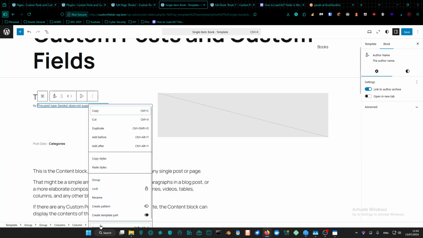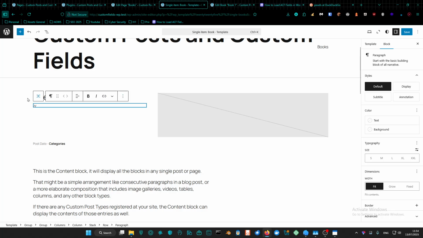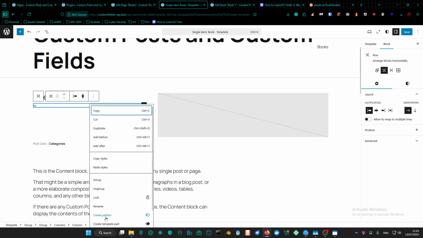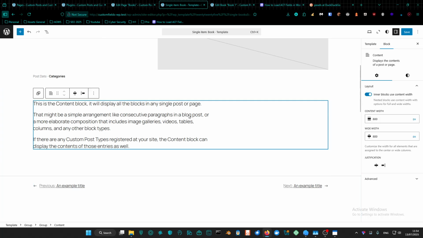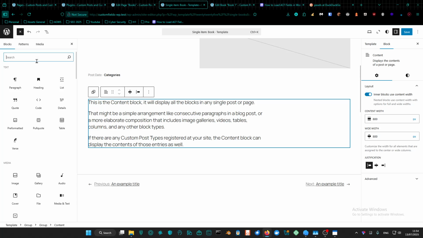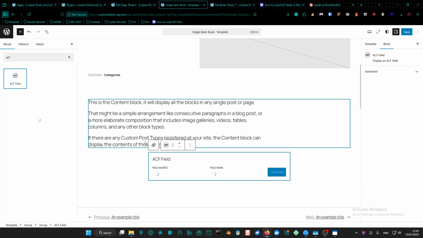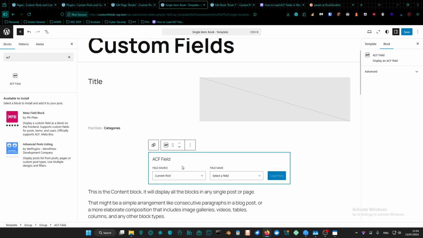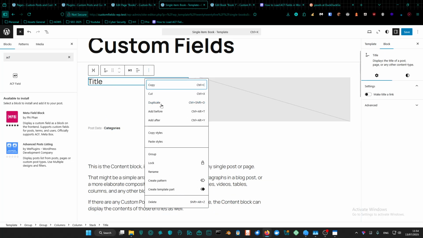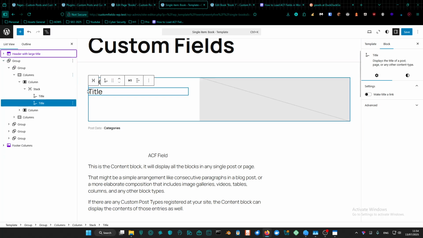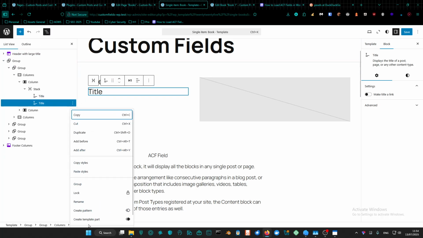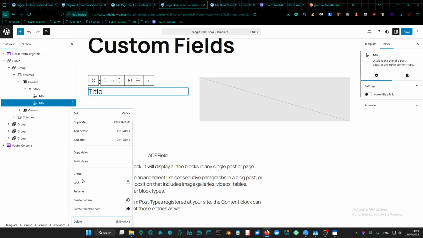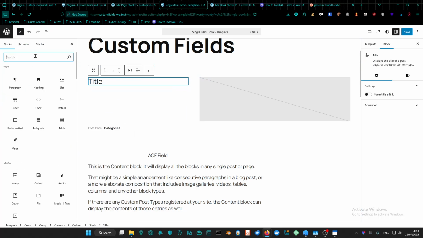Of course, like we don't have an author, so we can just delete this. And over here we can just delete this as well. All right, so over here is just displaying the content block. We want to display actually the ACF field of the long description, all right? So current post and then book field, book long description, maybe add in another H2 just so we could know what is going on, but we're not gonna be using this title, we're gonna be using a heading, all right,